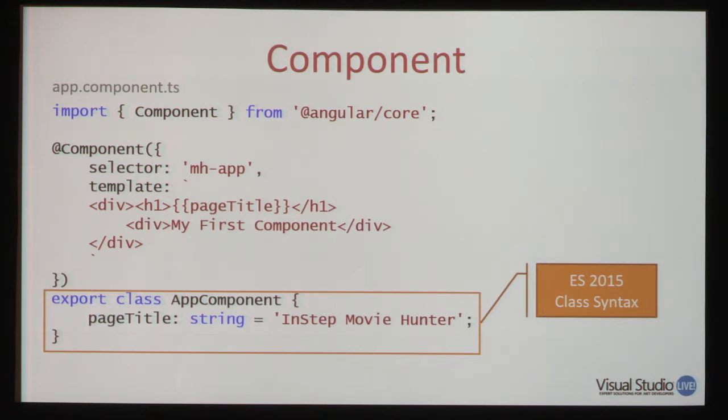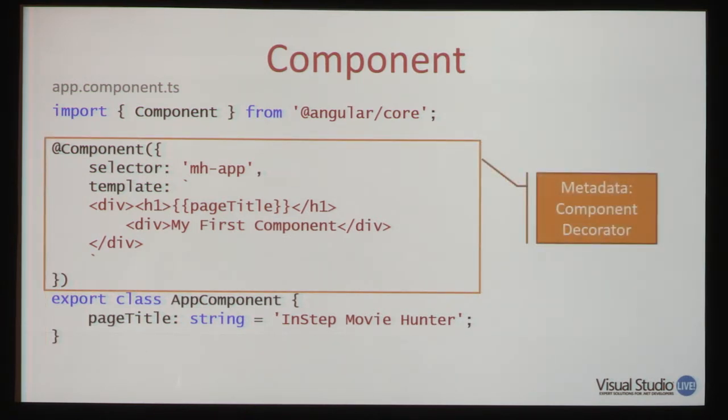And here we set it equal to some constant that we want to display. So that looks familiar, yeah? Yes, okay. So what is this other thing up here? The @ up here is representing a decorator, and it's @component, so it's called a component decorator. Well, that looks really odd. Well, when you think about it, no, it doesn't. We have the same thing in VB and C#.